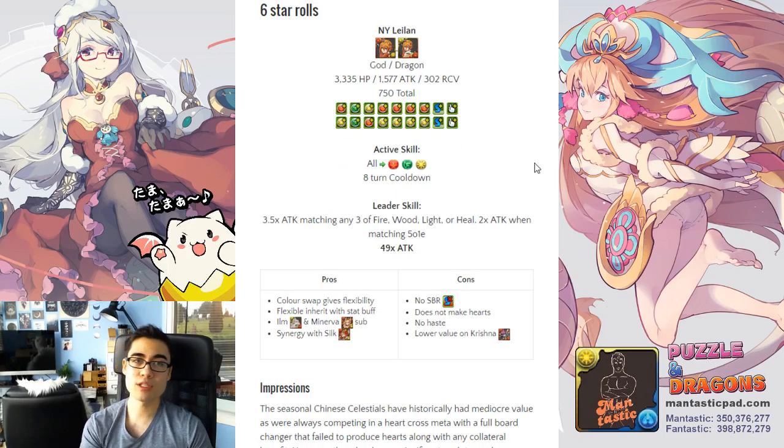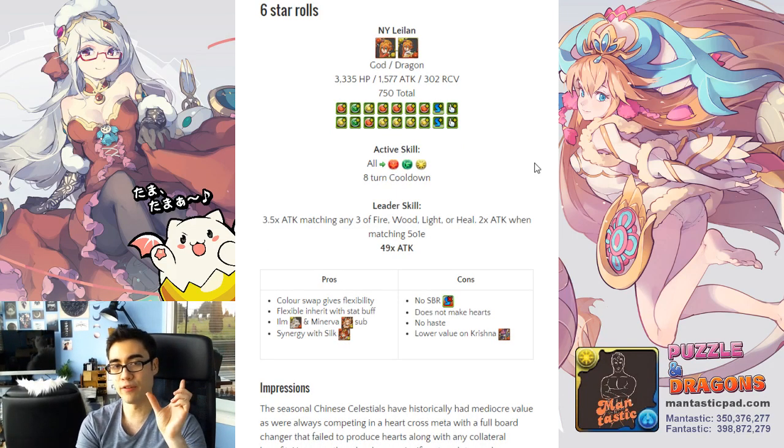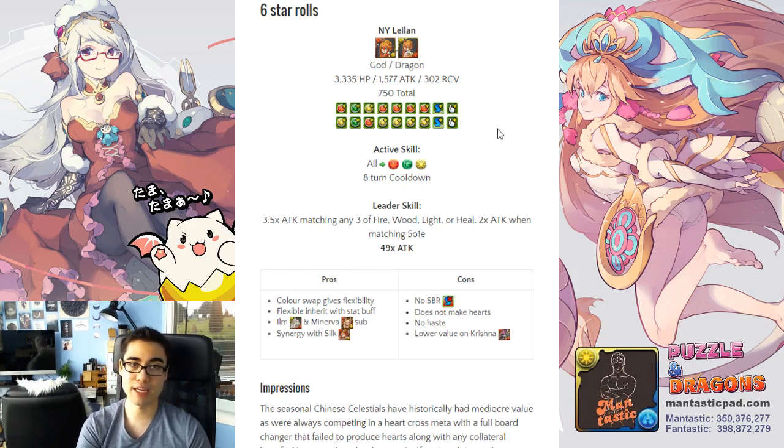Next is the only 6-star role of New Year's Leyland, and New Year's Leyland has the split evolution in that they can be the Fire Light or Light Fire. So this just simply changes which orb enhances they are heavier in, and which one you choose to use naturally applies to what team you are playing. But their active skill is the same as the regular Leylands, and their leader skill allows you to have 49